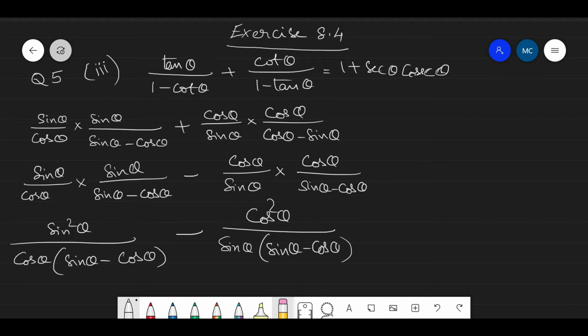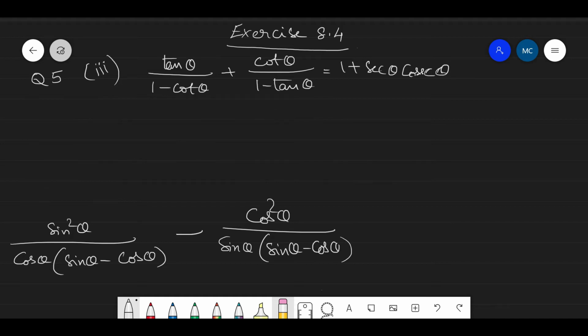Okay, now I am clearing some part of it and continuing the problem. This time I am using a different color so that you will be able to differentiate between what is the new thing and what is the old thing. So this is now total LCM for this is sin theta cos theta into sin theta minus cos theta. Now what are you going to get in the numerator? Already we are having cos theta and sin theta minus cos theta here. So the leftover thing is sin theta. So the numerator will become sin cube theta, and this side it will become cos cube theta.